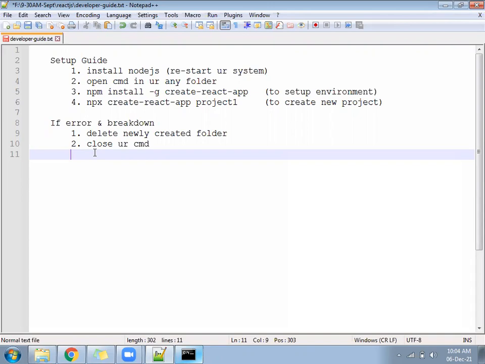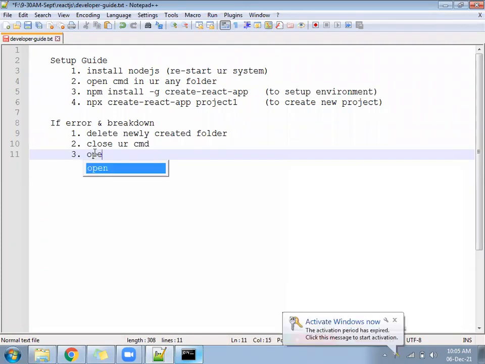So in case of breakdown, what will we do? Delete the newly created folder, close the CMD, and the third one, again open CMD